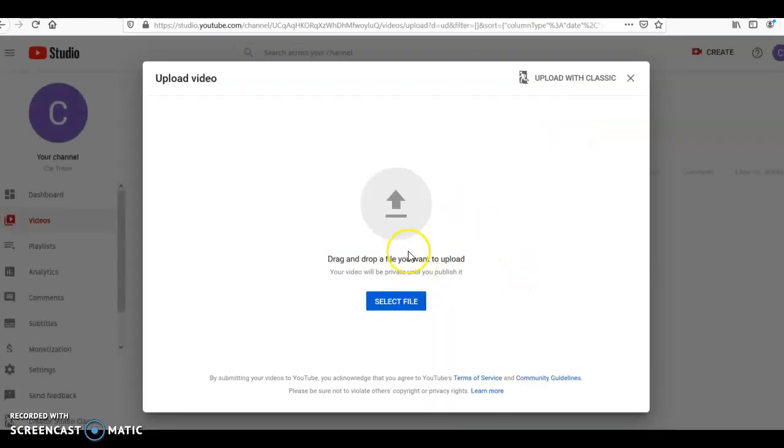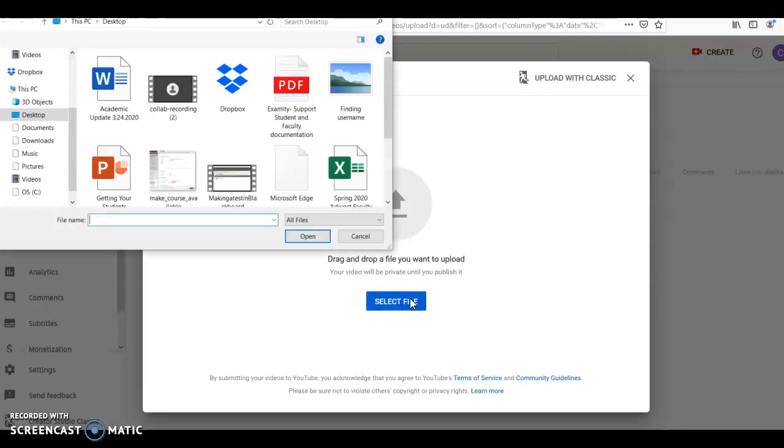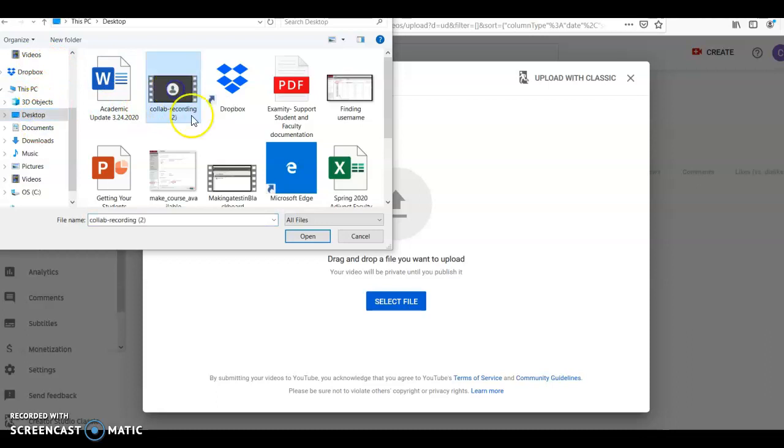and you get this screen. So you select a file. In the last video, I showed you that I had saved that file. It's just a little short example file. I saved it to my desktop. So I'm going to get this option. I'm going to go to my desktop, and it's just this little video right here. You could have renamed it, made it easier for yourself, but I have not. I used the default name that popped up from the Collaborate recording. But I'm going to open it,